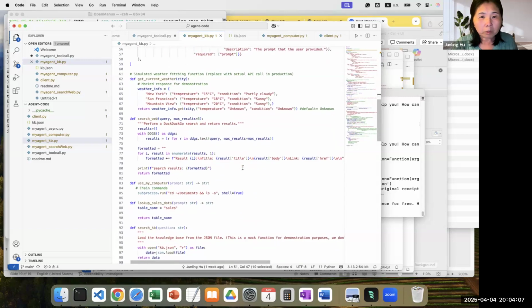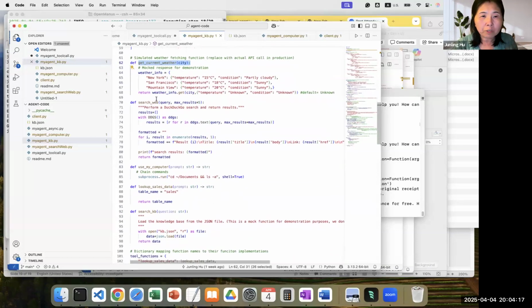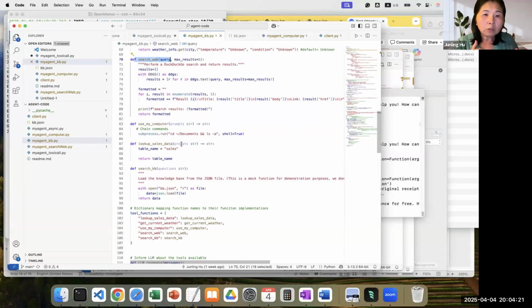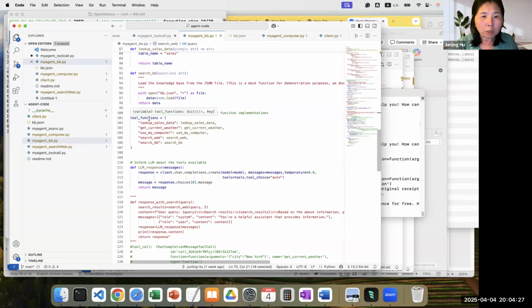But the whole thing, as you can see here, is that for every tool you have a corresponding function. For the first tool, you have this function. For the second tool, you have this function. So you define a corresponding function for every tool, and you have a function lookup. Essentially, this is a dictionary lookup.